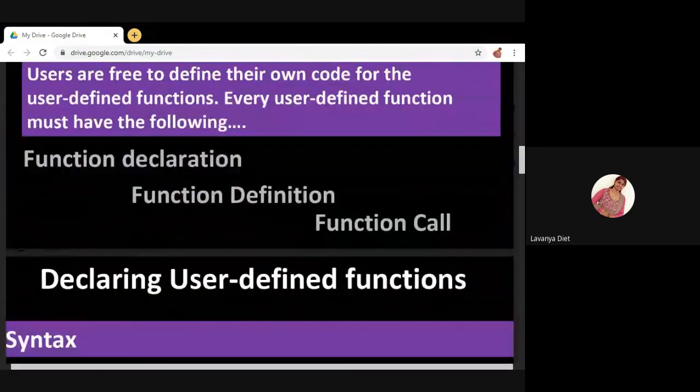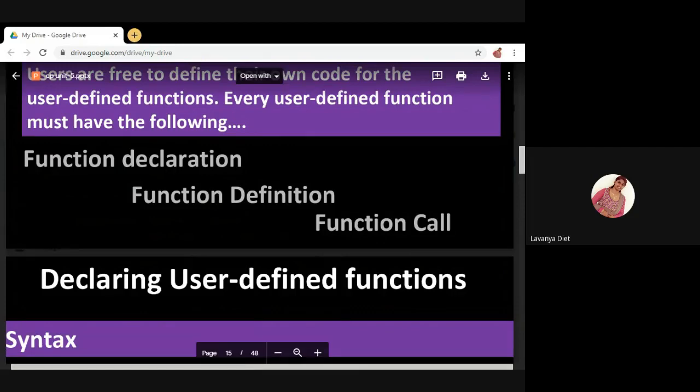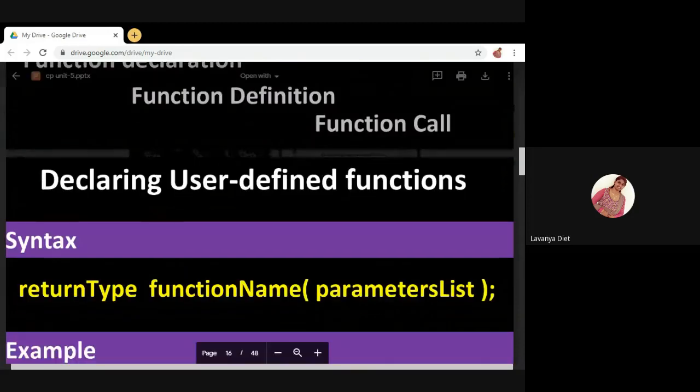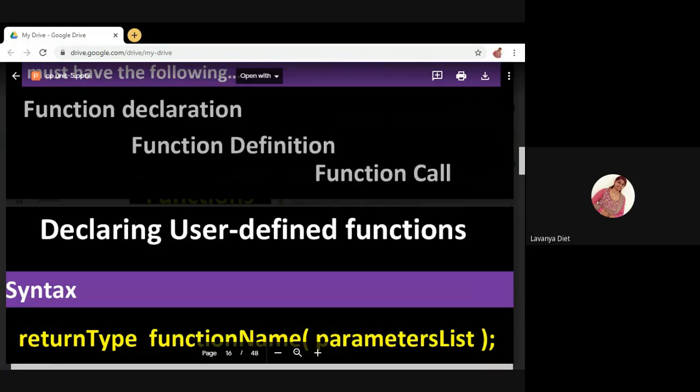If you want to use the function, first you have to declare the function. Next you must define the function. Defining is nothing but writing some piece of code, implementing the function, or writing some set of instructions inside the function. Next, function call. Function call means if you want to execute the function, first you must call the function. At that time only the function will be executed.